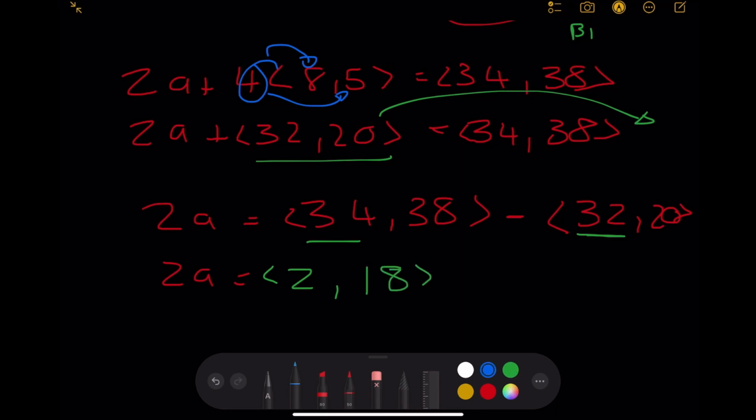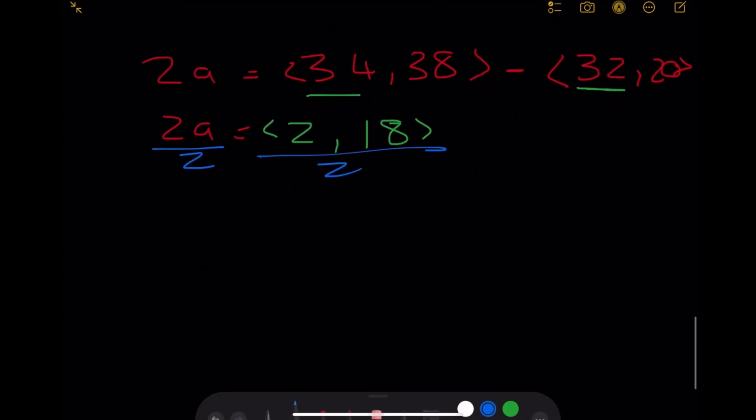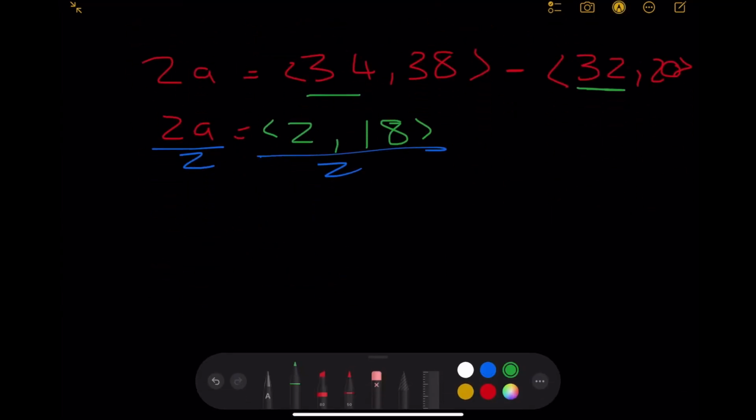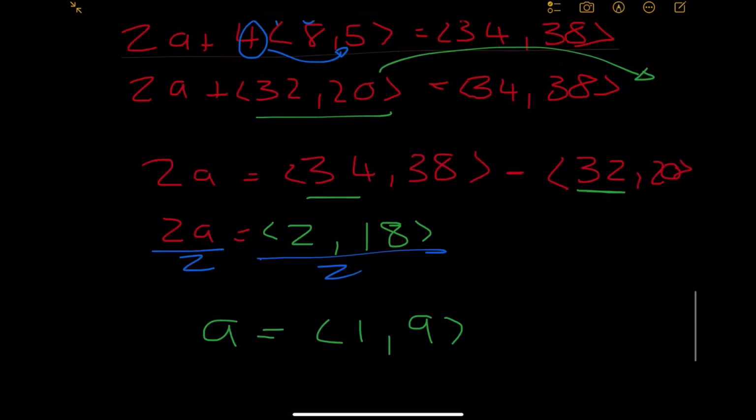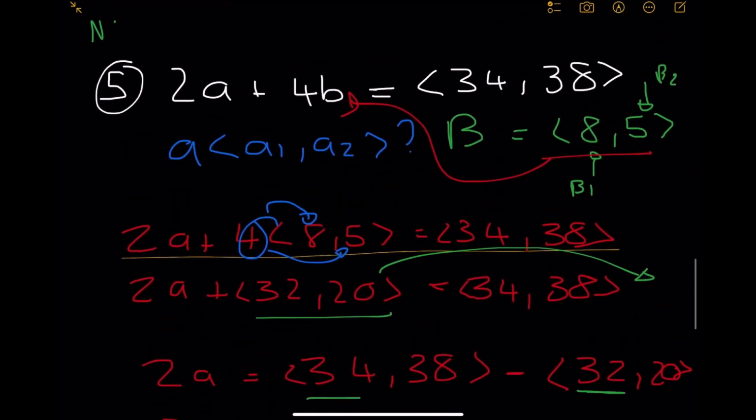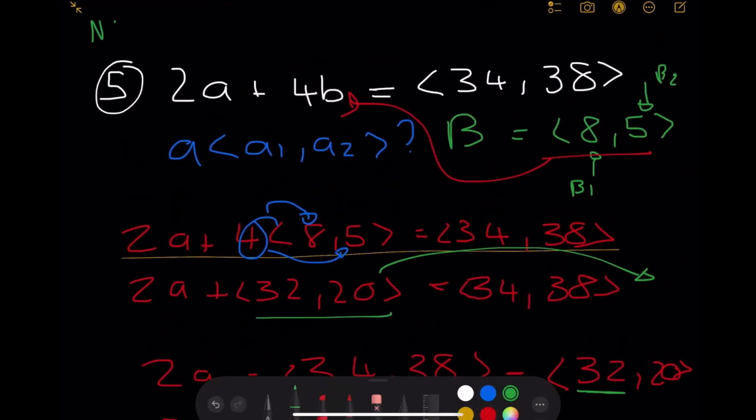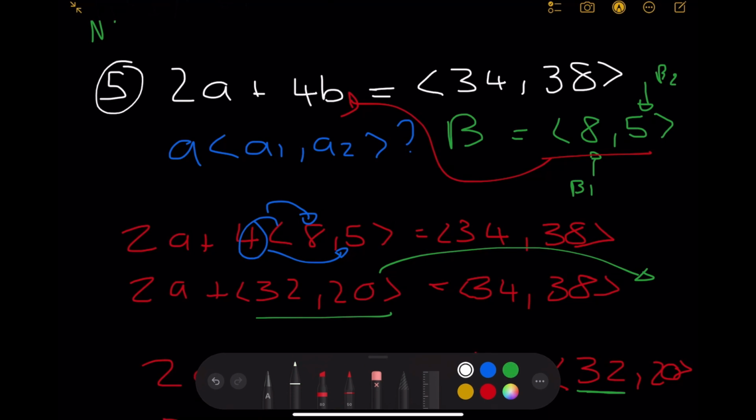And then we're not quite done yet because there's a 2 that we need to get rid of. So you'd divide this by 2, divide this by 2, and you'd be left with a is equal to 1, 9. And that is how you calculate a if you're not given it but you're given what b is. So all you need to do is know how to perform a scalar operation, as we did with the 4 over here, and know how to subtract the vectors, a from b, and yeah,